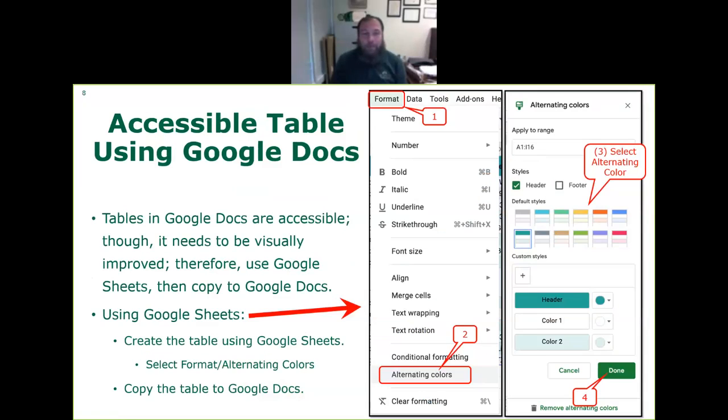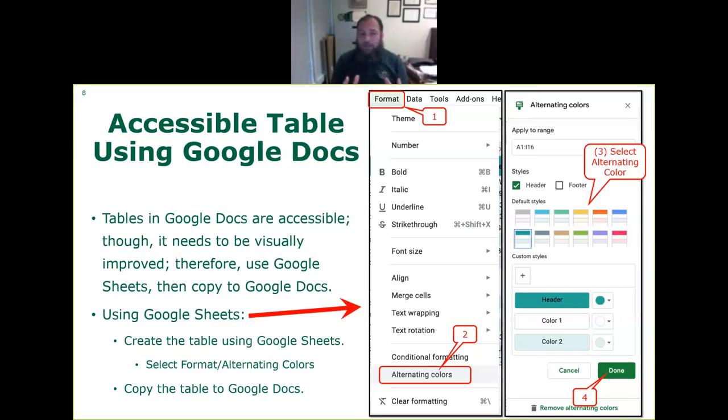Okay. Now in Google Document, what I noticed based on testing that I did, is that when you create a table, automatically the header row will be specified as a header row, and the header column will be specified as a header column. But they don't have the colors, so it will be just plain text. Therefore, you will need to specify the color. Unfortunately, Google Document does not provide colors.